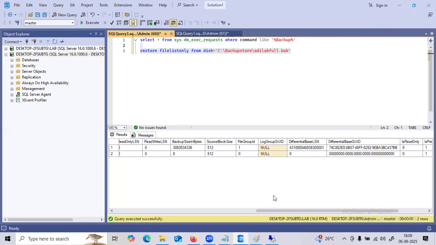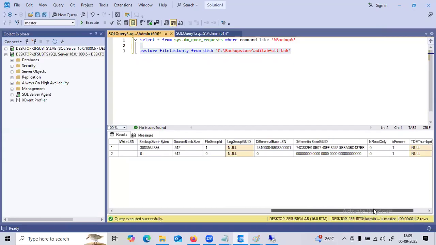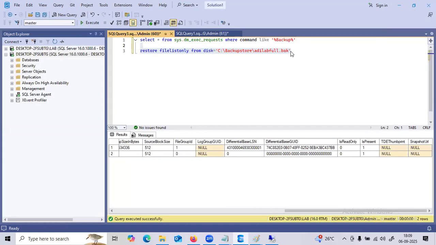And what is the backup size? And you can go for one more. This information we will have. And if you go for here,